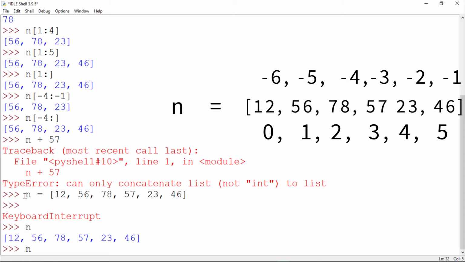Here I will say n dot and then stop here. So something will pop up. Oh, you can see here. That is related to mutable. You can see we have append, clear, copy, count, extend, index, insert, pop, remove, reverse. And if you scroll down here, we have more, but only one: sort. Okay, now here we will go with append.